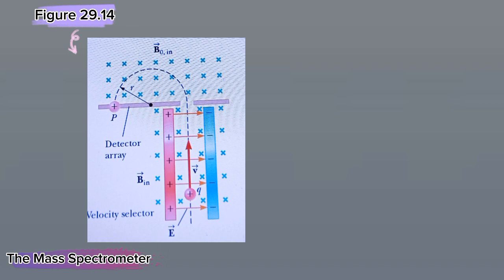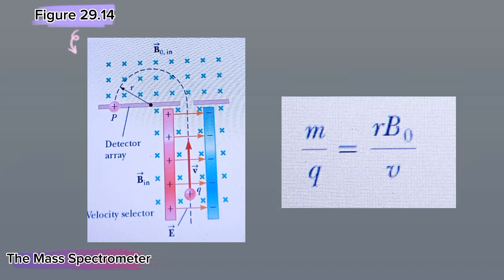Upon entering the second magnetic field, the ions are described by the particle in uniform circular motion model. They move in a semicircle of radius r before striking a detector array at P. If the ions are positively charged, the beam deflects to the left as shown in the figure. If the ions are negatively charged, the beam deflects to the right. From equation 29.3, we can express the ratio m over q as